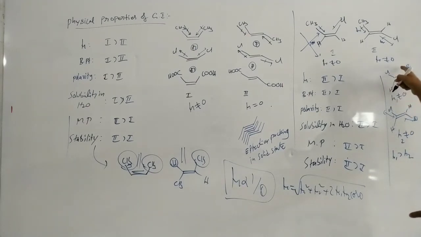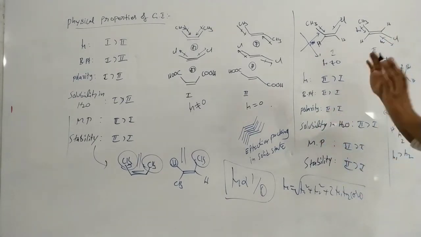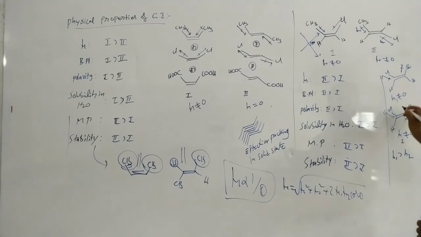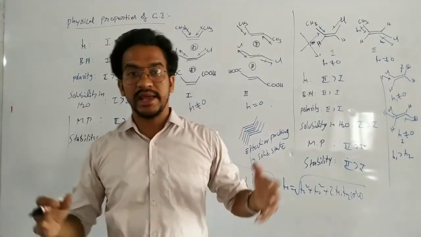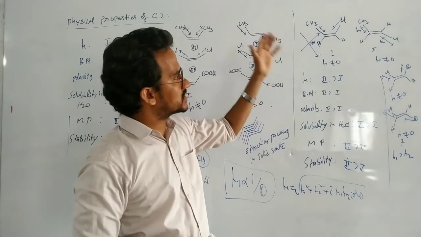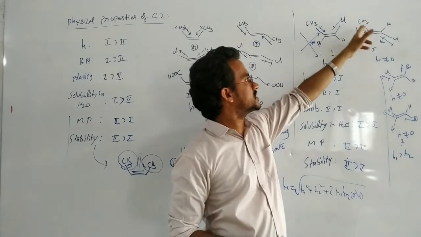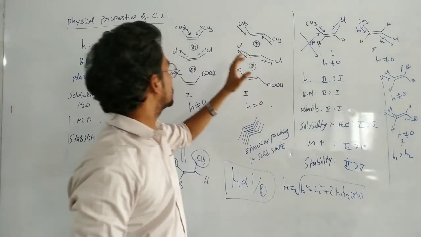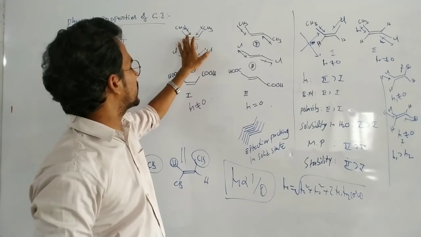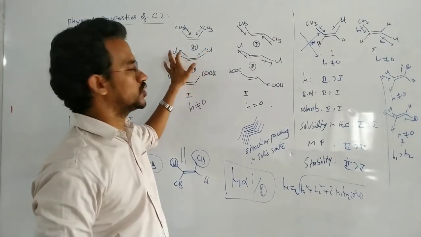For this one, the direction is of course towards chlorine, towards bromine. Here addition takes place in one direction. So mu1 not equals to 0, mu2 not equals to 0, but mu1 has a higher value than mu2. So for this one also we can compare. That depends on the direction of the electrons towards the more electronegative atom. In this case here towards carbon, here towards chlorine. But in this case here towards the double bonded carbon, or towards the group.